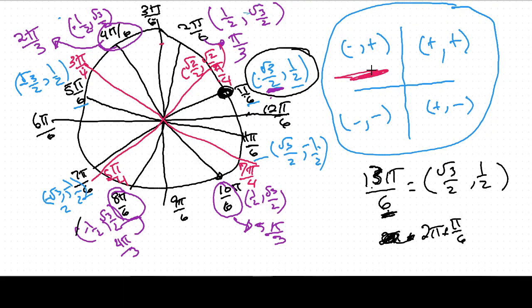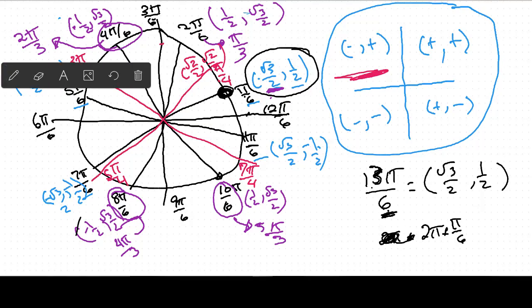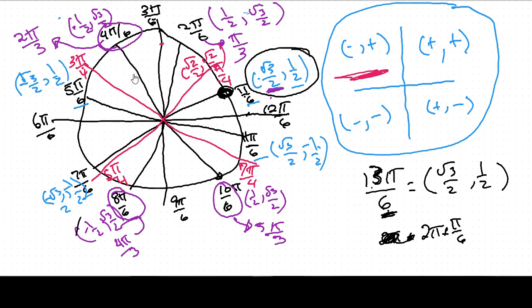Okay, now let's talk about the actual number. So I'm going to erase this. Is that okay? If I say that I want to do the cosine of pi over 6, because that's the actual question